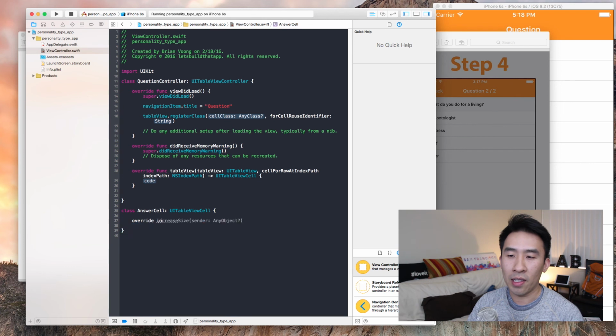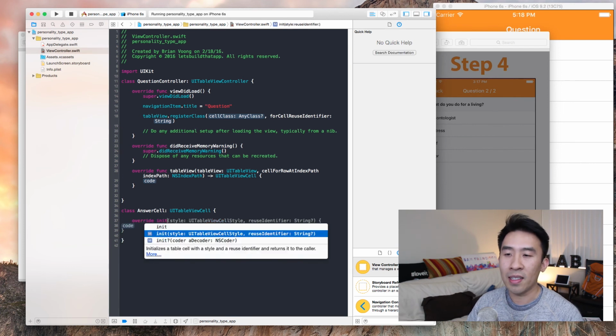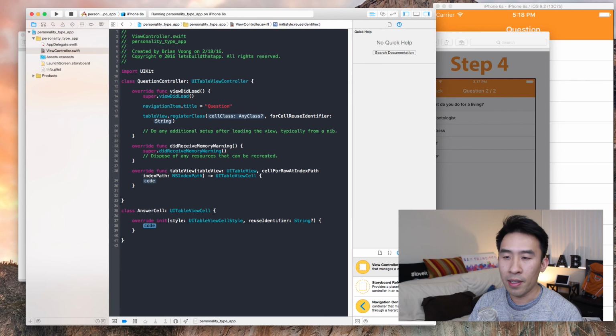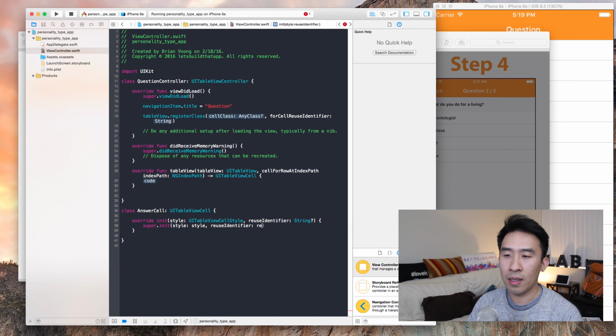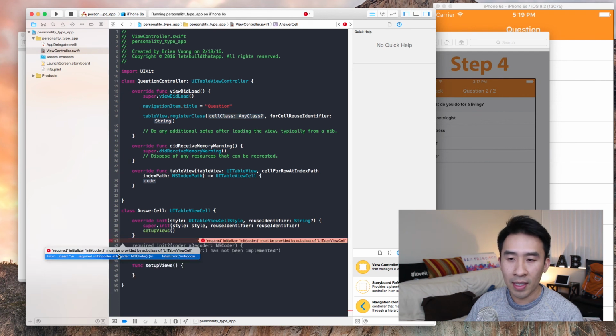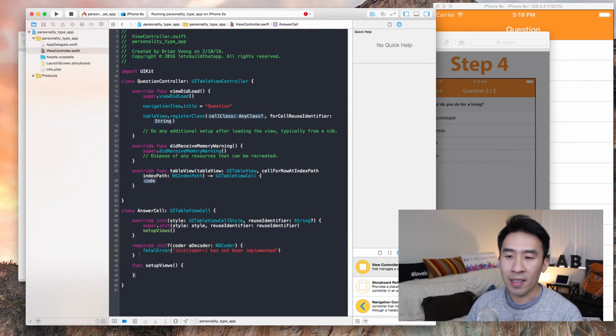And I'm going to override an initializer called init style with reuse identifier, which will just do that and reuse. Okay, and then we're going to call a method called setUpViews, which we create right here. And then fix this little compiler error because Swift doesn't like it when a class doesn't have that required initializer. Just a Swift thing. Don't worry about it so much. In setUpViews, we will create a name label just for the